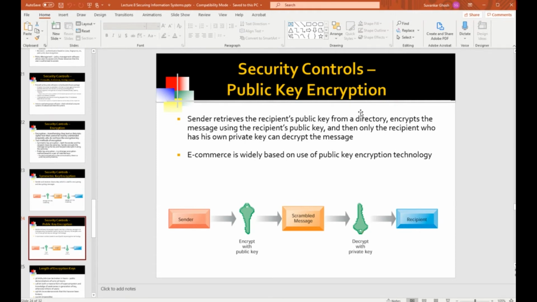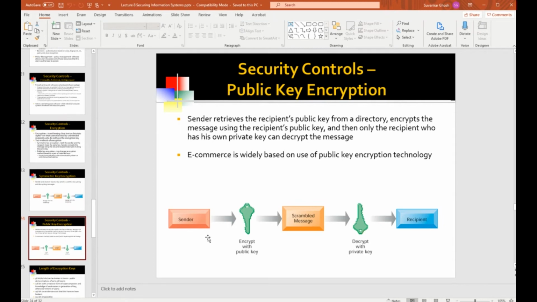So let's say you want to send me some secure communications. Me, Professor Ghosh, somebody wants to send me secure communications. Well, I have a private key, which I'm going to keep securely and safely. And I also have a public key, which anybody can see, and it's kept in a public database. The sender, somebody who wants to send me a secure message that only I can read, is going to encrypt that message using my public key, Professor Ghosh's public key, which is kept in a public database.